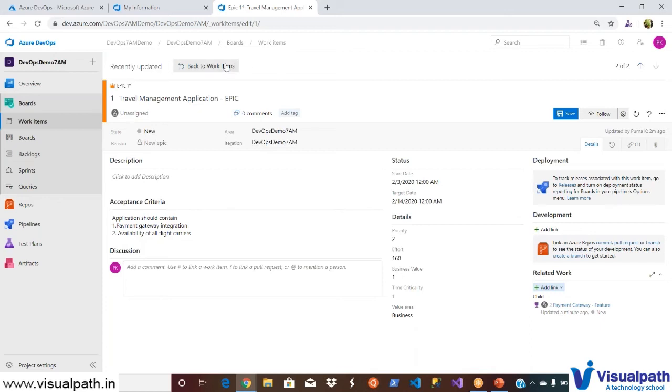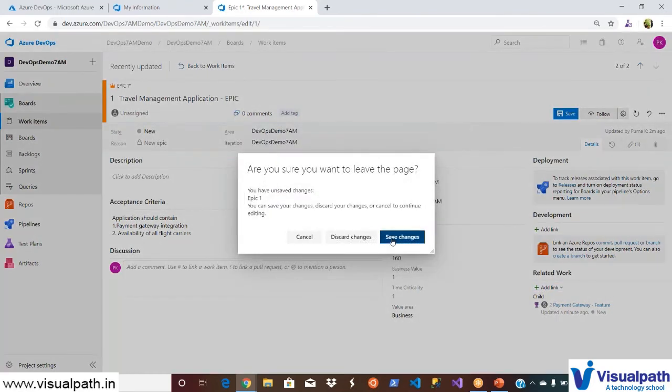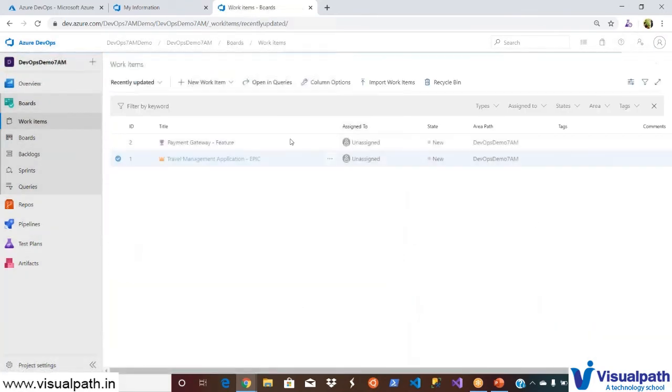Okay, so this is very important in your planning. Sorry, save the changes. So this is very important when you are working in any planning session, because you need to associate each and every item. Otherwise, you will not have any traceability. Okay, we will talk about traceability in the coming classes as well. So I'll be using all these different terminologies, which will help you in the upcoming classes.